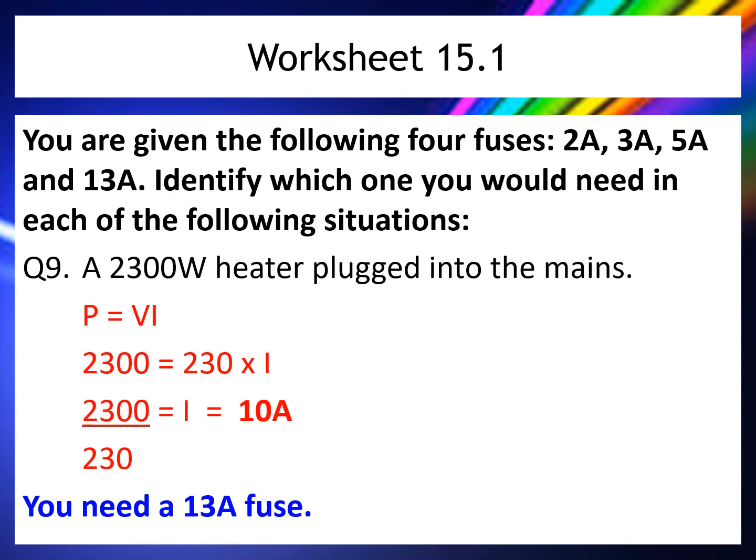Question 9, very similar again. This time a 2300 watt heater, again plugged into the mains, again 230 volts. So we put the numbers in under P equals VI. 2300 equals 230 multiplied by I. Divide through, the number we get is 10 amps. And here we're going to go for a 13 amp fuse. It seems like quite a big jump between 10 amps and 13 amps, but fuses don't come in other numbers, so it's going to be 2, 3, 5 or 13. So the answer's